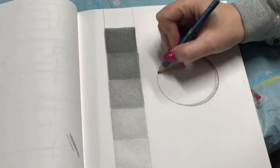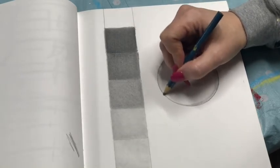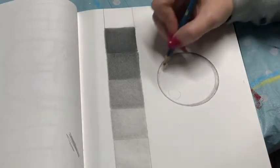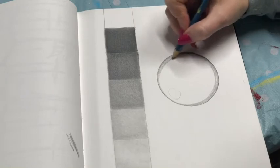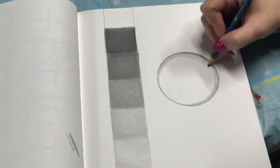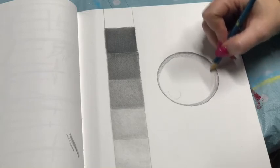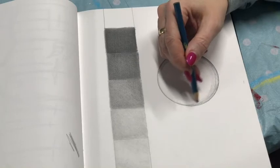So I'm coming in here, I'm gonna shade here, just the tiniest, lightest bit along this edge, okay? That's not where the bulk of our shading is going to happen. We're going to be shading out into the ball. So what I want you to do is come around this a few times